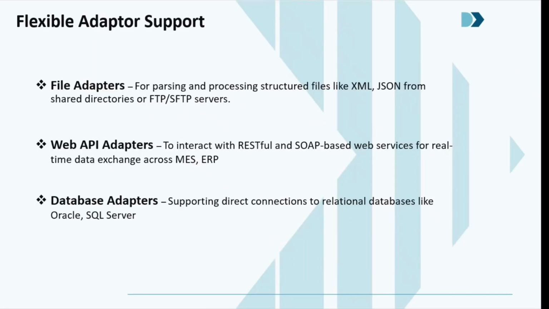One of the core strengths of our error reprocessing tool is its flexible adapter support. It's designed to support multiple adapter types like Web API, file-based, or database adapters. Our tool ensures that every incoming and outgoing message of any of the above adapter types can be easily captured. You will just have to define and configure CNMOM side of configurations, which would include message types, adapters, message channels, etc. for your interfaces, and you are ready to go.